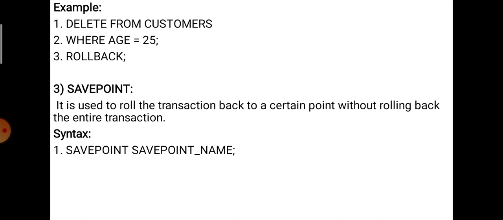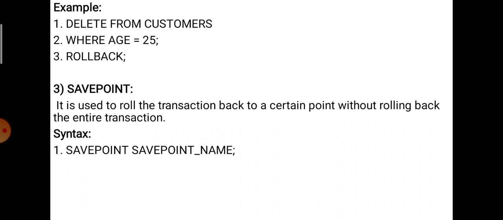Before that we are executing rollback, which means the last made change will not be saved, it will keep it in the previous status. So the removed record will be retained in the table itself. So that is the way of using the command rollback.